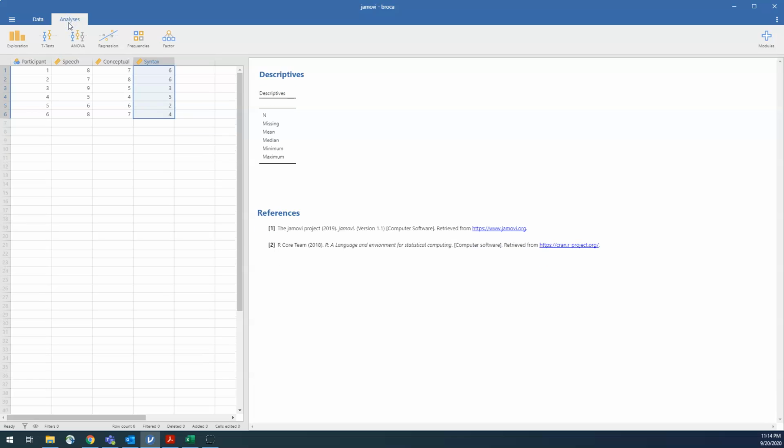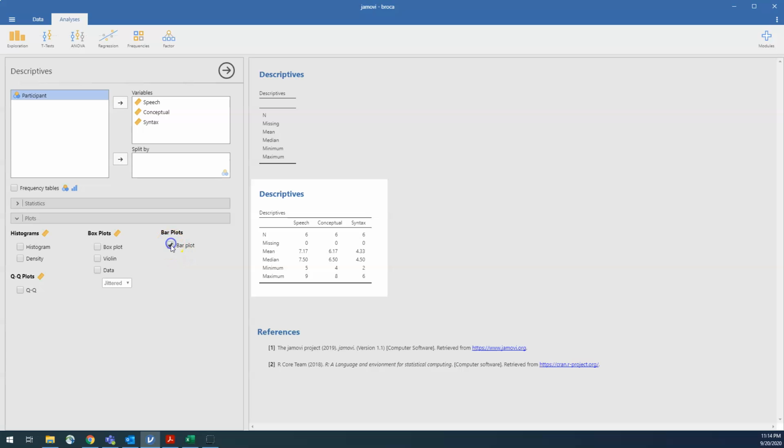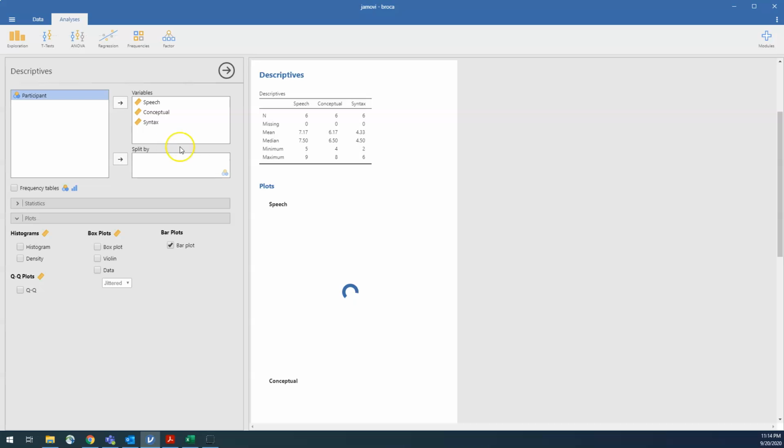Okay, going back to our analysis, I can reopen up my descriptive statistics now, and I can take these and perhaps consider plotting them within my variables list. But problematically, if we ask for the bar plot down here, it's going to treat each of these 3 as if they were different variables.